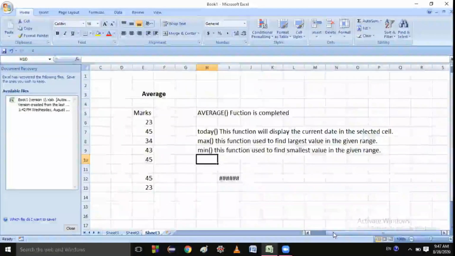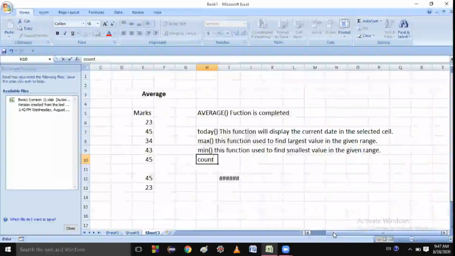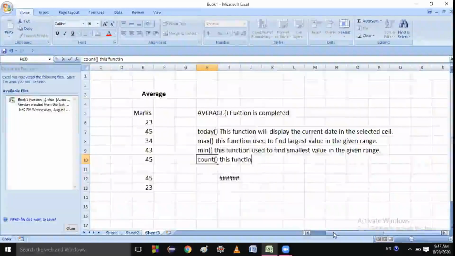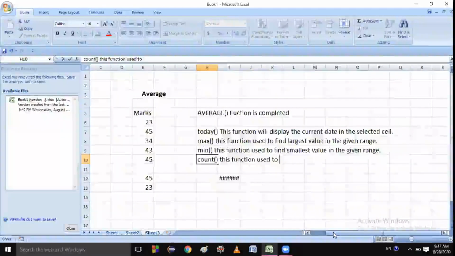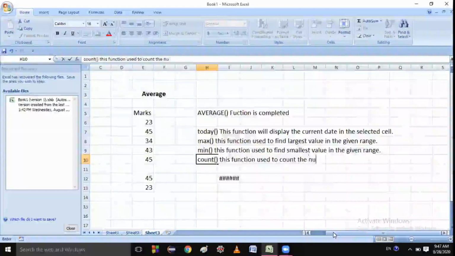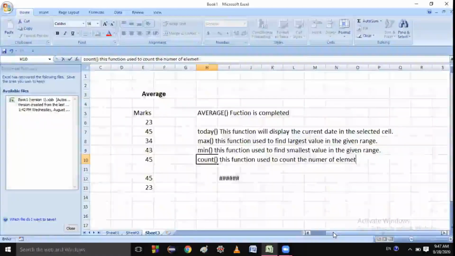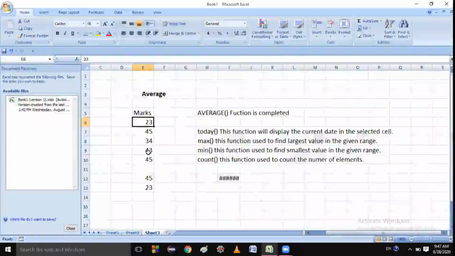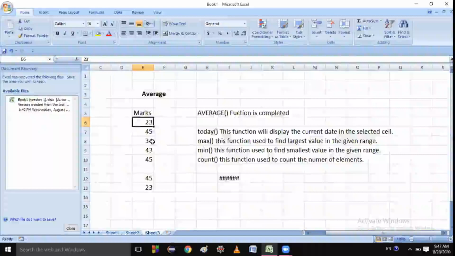Next, I need to explain one more function, COUNT. What will this function do? This function is used to count the number of elements. So I will count by this function how many digits are in this particular range. 1, 2, 3, 4, 5.